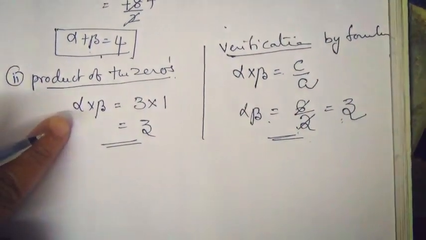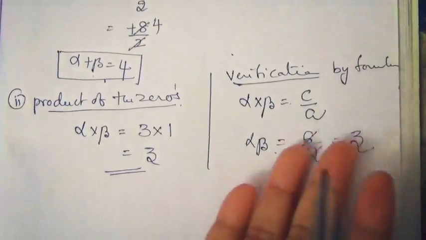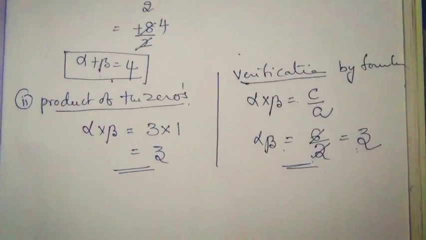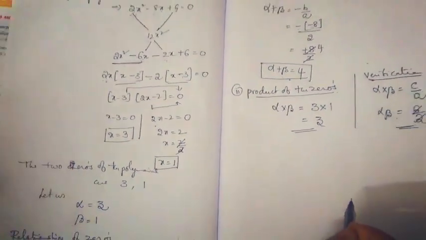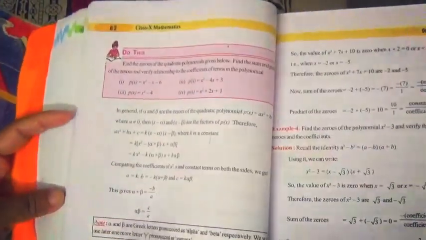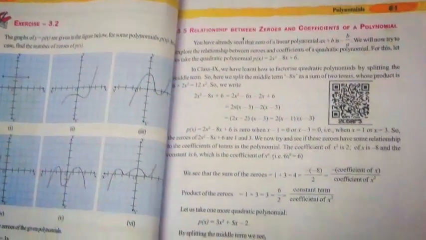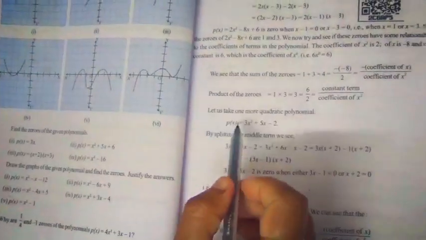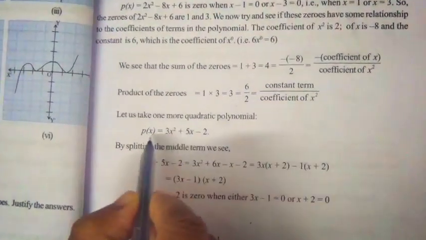By the general method you get 3 as usual, and by the verification with this formula also you get 3. This is the relation between the zeros, by the general method as well as the verification by the formulas. Just like that you have to do these sums. Here in page number 62, the example in page number 61 I just explained. Now I have entered into another equation he gave. Look here.